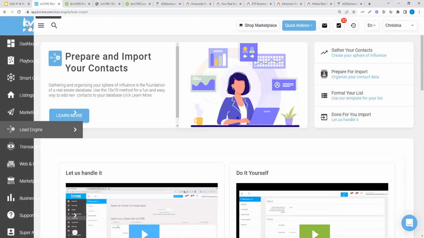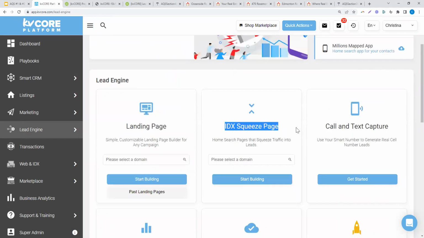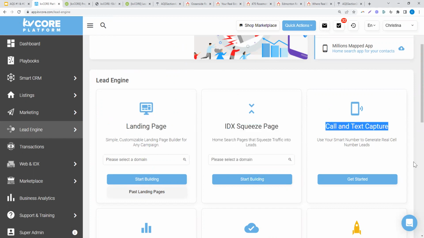And then from there, you think about new leads. So we've got lots of new lead strategies. We're going to focus on squeeze pages today, but there are landing pages, there are squeeze pages, there are call capture text codes that we'll talk about a little, but we're mostly going to do squeeze pages. So call capture text codes are codes that you can put onto print advertising that someone will text you that code and you set up an